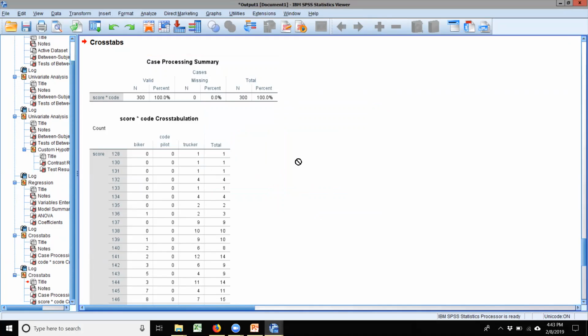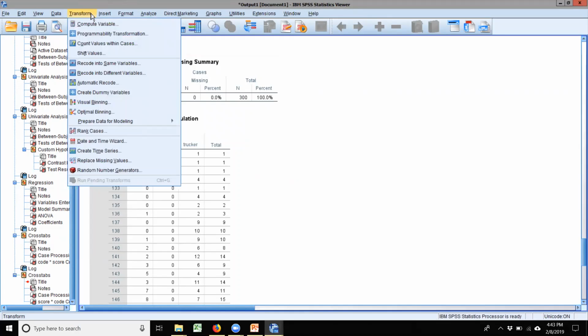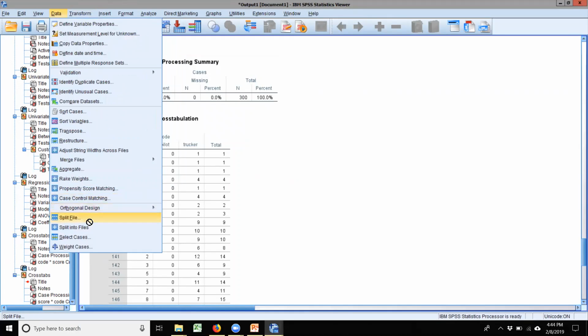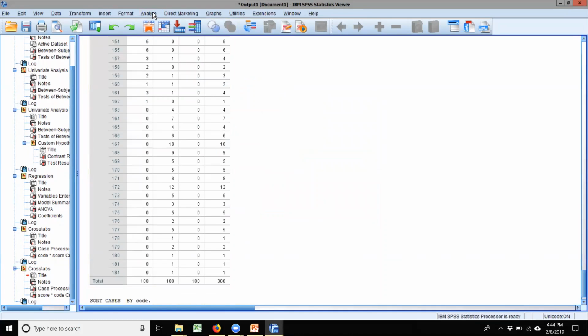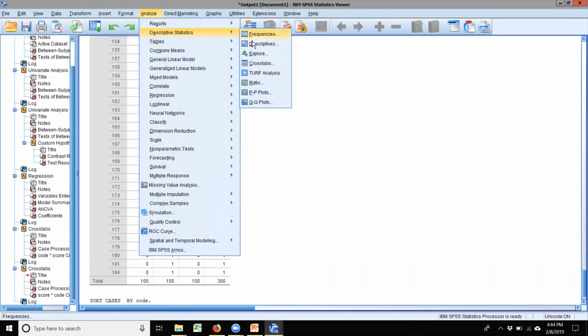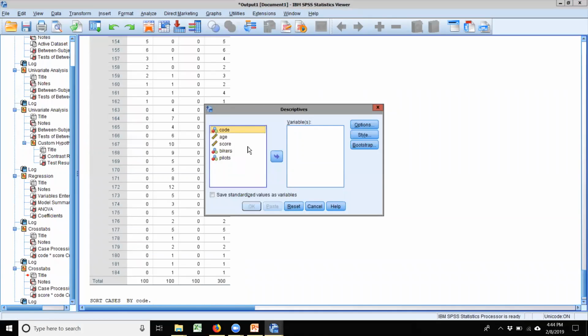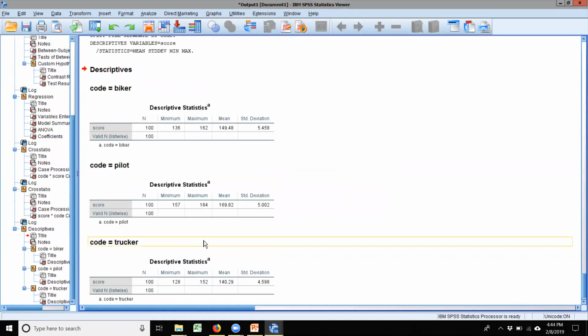All my SPSS skills are coming back to me slowly. It's been a minute. Under Data, we can split the file by our code variable. So organize output by code, and say okay. Then if I go to Analyze, Descriptive Statistics, Descriptives, and take my score variable, it should give us output organized by our 3 different codes. Again, to make sure I don't misinterpret my output, this tells me who has the highest mean, the second highest mean, and the third highest mean. It doesn't tell us any significance tests; that's what we did earlier. But this tells us the directionality. So if we find